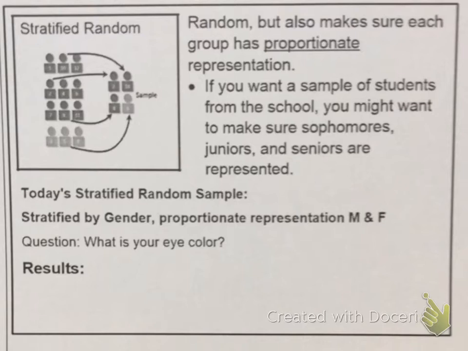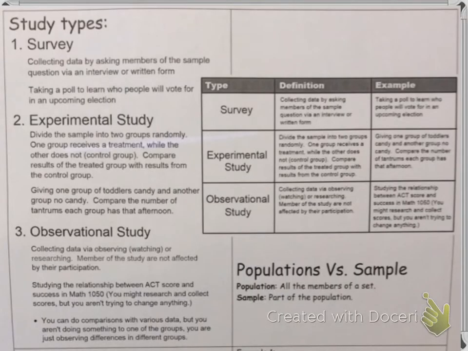So today's stratified random sample says stratified by gender. You would want to make sure that you have the same number of male as female. And so you would ask, what is your eye color? So again, if we're going to do stratified random, we would do a random population, but we would make sure we have the same number of girls as boys, or whatever we wanted to determine as the item we needed proportionate. All right, so that's how we classify